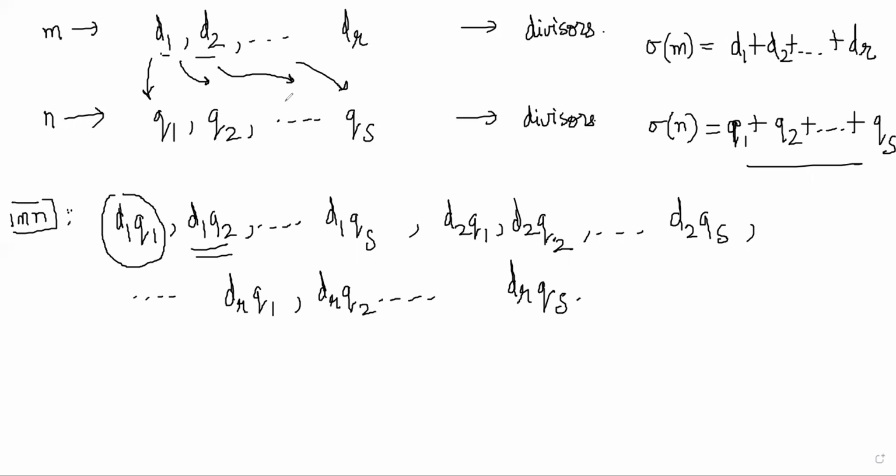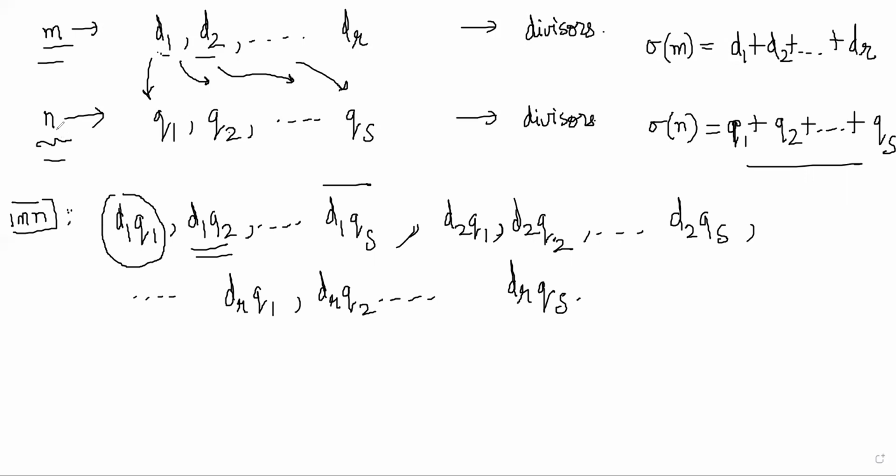Are you understanding that there can be nothing else other than this? No new divisor you can construct now after this point. Makes sense, because if you take two at a time, or more than two at a time, the product will be greater than mn. You cannot do d1, q2, d3. The product will have more powers of prime numbers than m and n themselves had. Something will go wrong there.